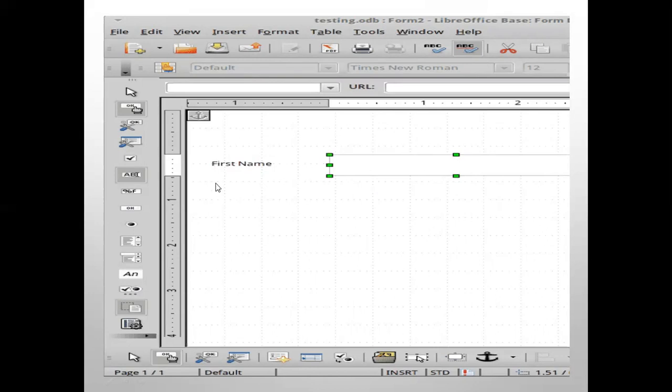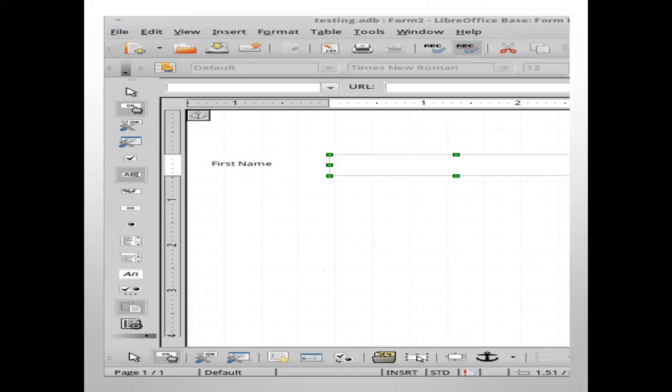Again, when you want it for the last name, put a label here. Change the property to last name. Then put one more text box here. So you have to do it for first name and last name: one label to show the field name and a text box for the data entry. This will show you two text boxes on the form. This way you can drag and draw various controls to design a form.